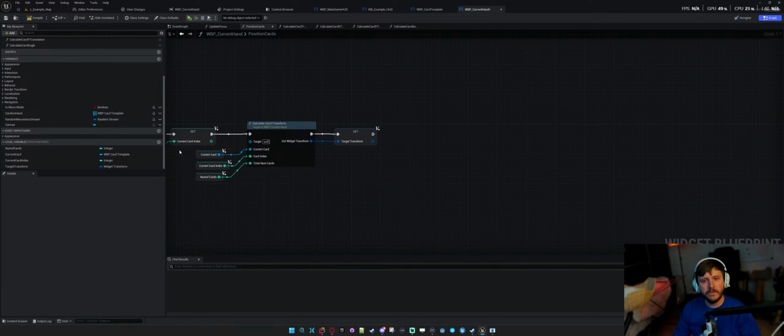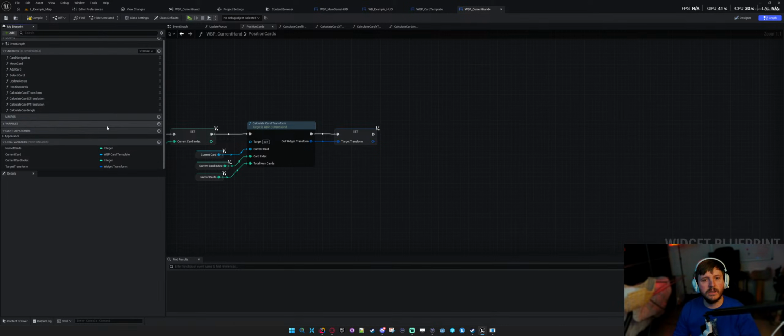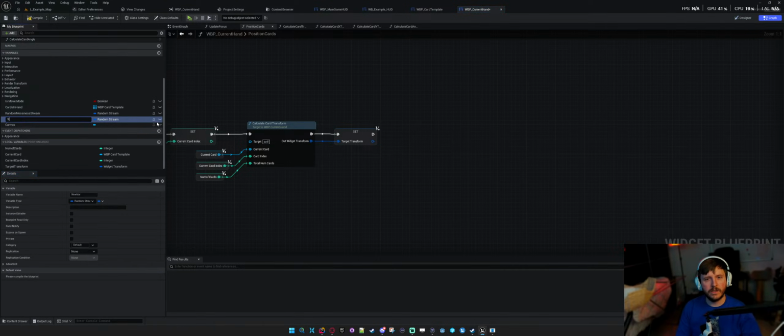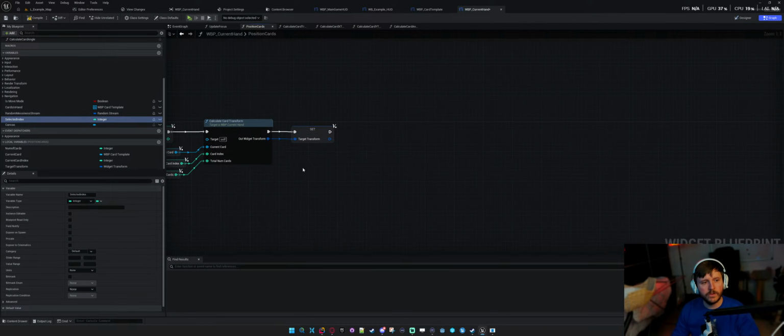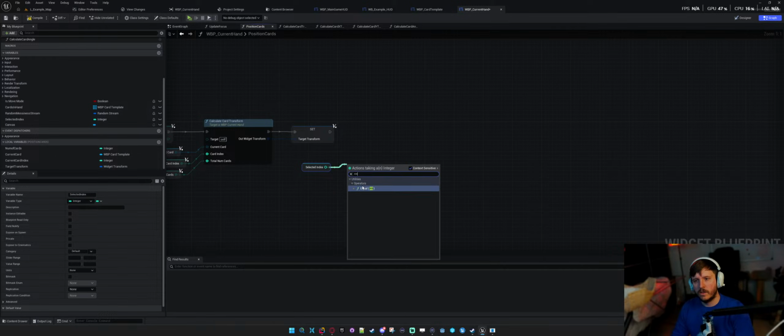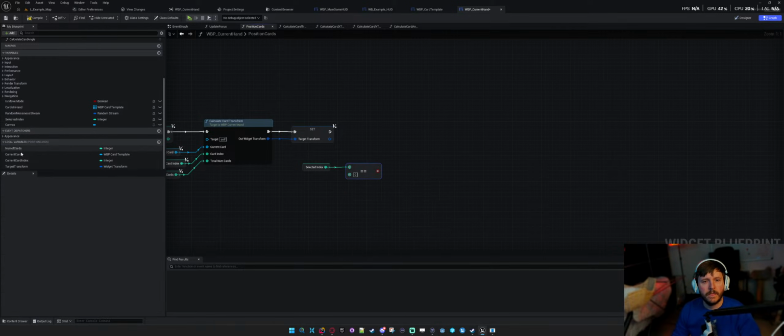I'm checking, where are we getting selected index from? So selected index is a root variable. So we're gonna say selected index integer. So we're checking if selected index equals our current card index. So if these two are the same,